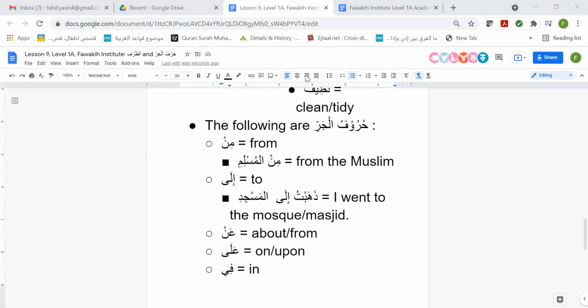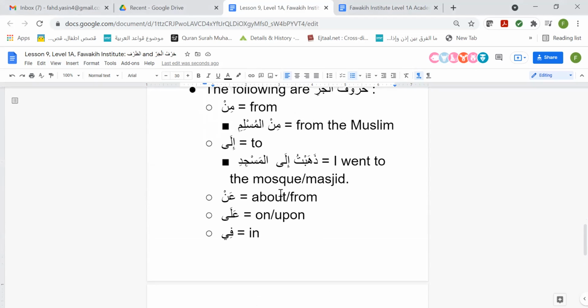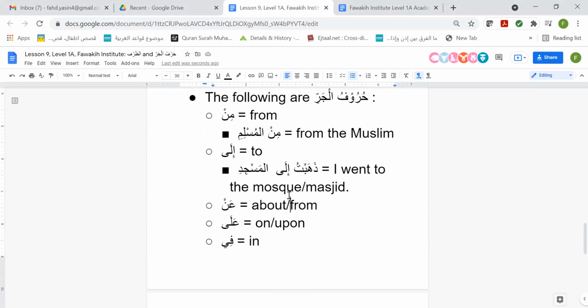With or by. Yeah, you could say by, but I'm not sure if by is the best translation. It depends on the context. Usually with is a little more accurate, and I say that with the caveat that it's not always. It just depends on the context, especially when it comes to Quran. It could be other things as well. You're welcome, no worries.